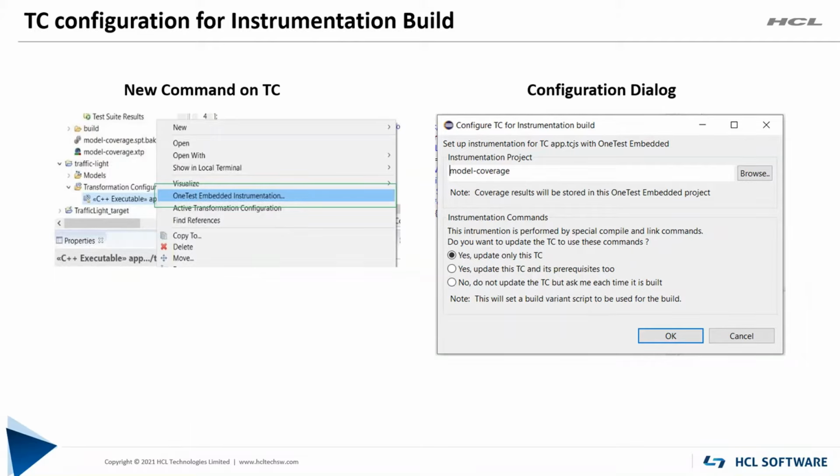This allows us to select a target project where our coverage information will be stored, and we have multiple options to configure how we instrument the application. We can update the TC, which will modify the TC. The second option will allow us to update all the prerequisite TCs. The third one, if we are not interested in updating the TC, we can choose to update only the build variant script, and for this we have added a dedicated build variant script in our installation.